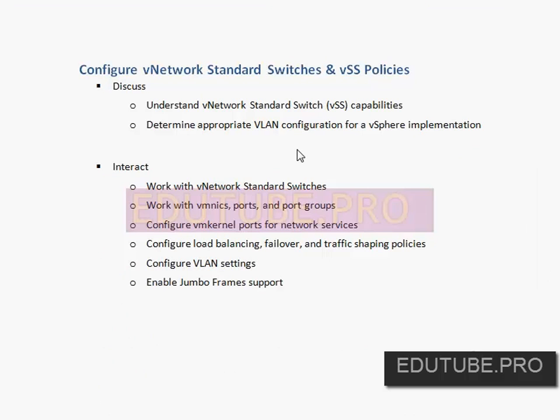So what have we talked about in this nugget? We've really talked about all the different steps that are necessary to be successful with vNetwork standard switches. We talked about all the different capabilities that are available with the vNetwork standard switch and also some of the ways in which you may configure VLANs or even not configure VLANs for a vSphere implementation. We talked about the switches themselves and then VMNICs and ports and port groups and network services that can be applied to those standard switches, and also some of the policies like load balancing, failover, traffic shaping, VLAN, and even